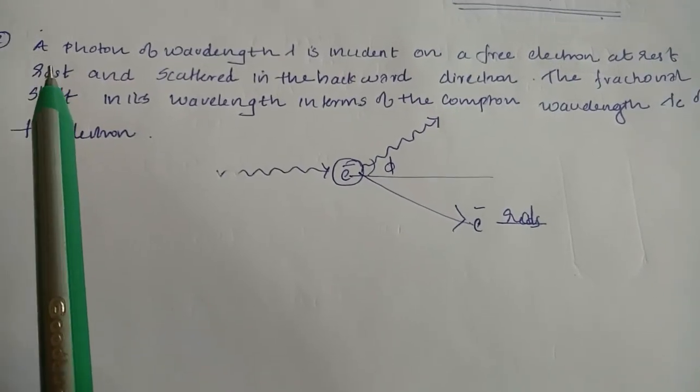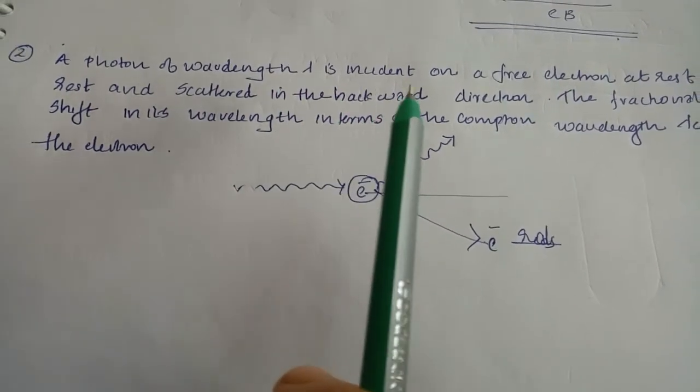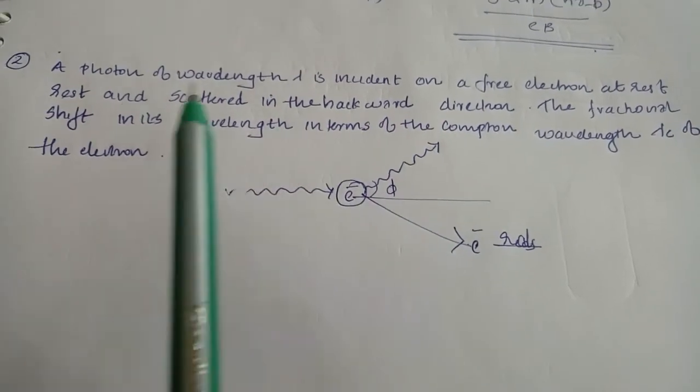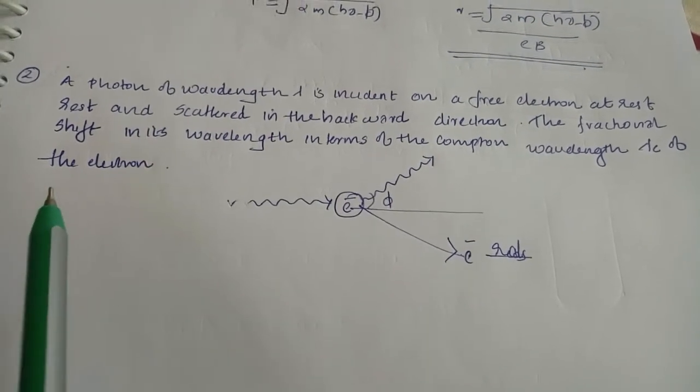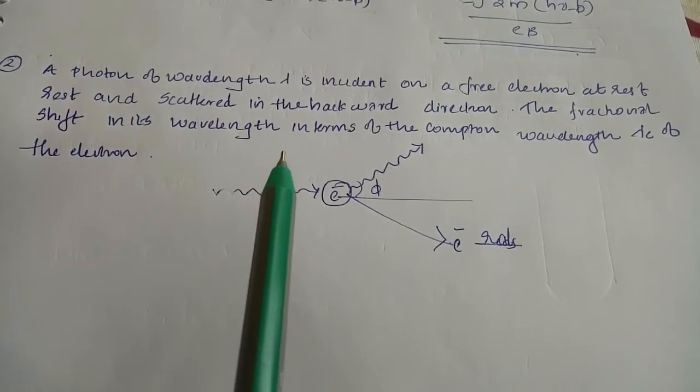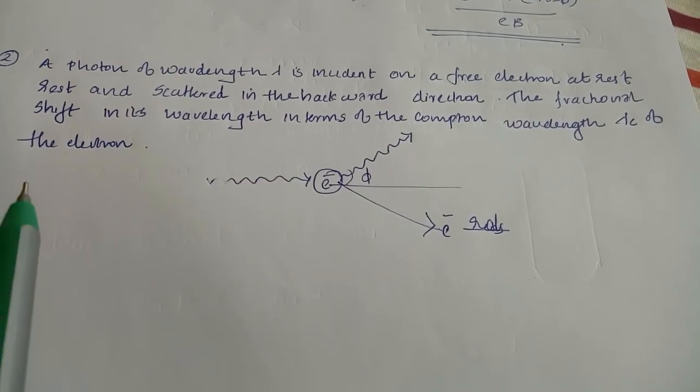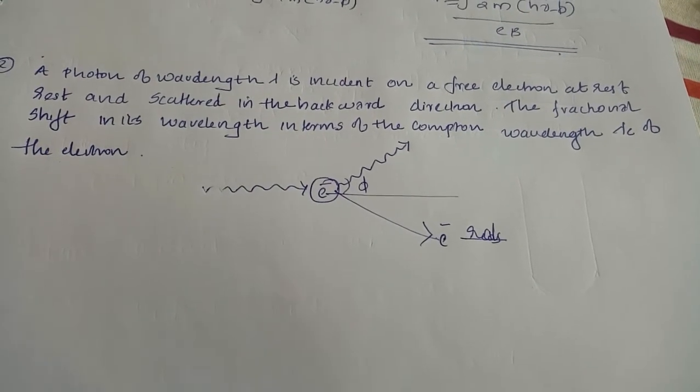Today we are discussing a problem: a photon of wavelength lambda is incident on a free electron at rest and scattered in the backward direction. Find the fractional shift in its wavelength in terms of the Compton wavelength lambda c of the electron. So we know what you mean by